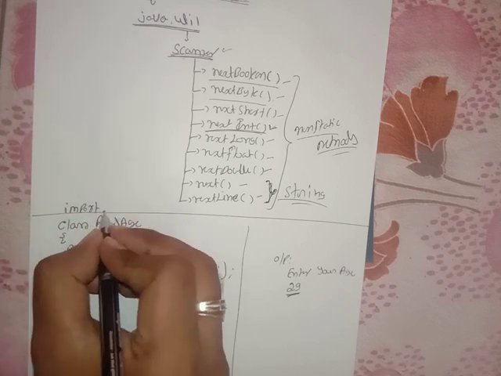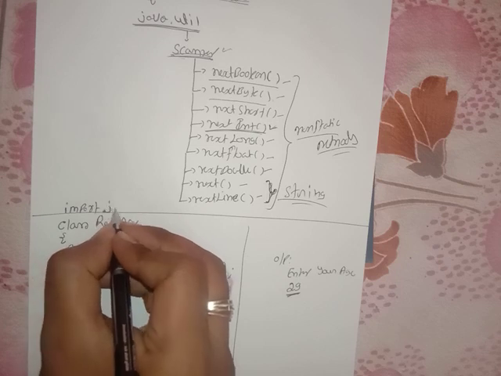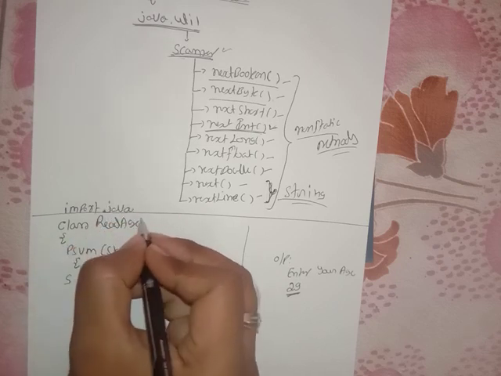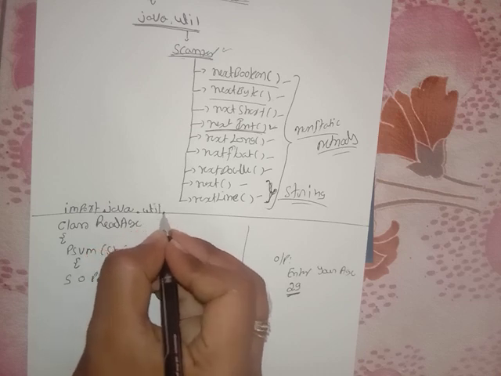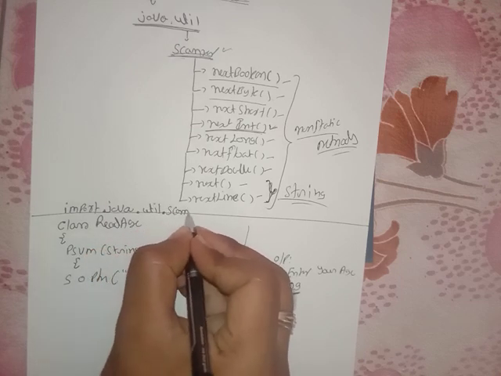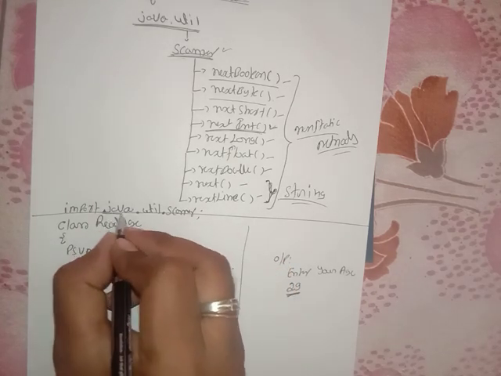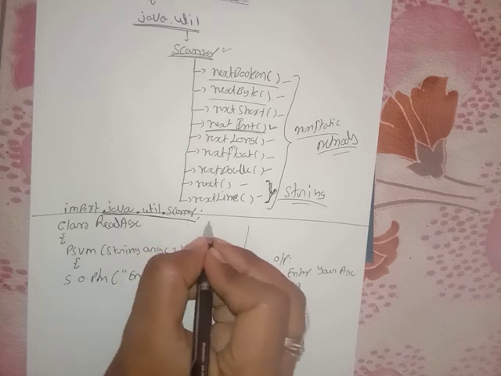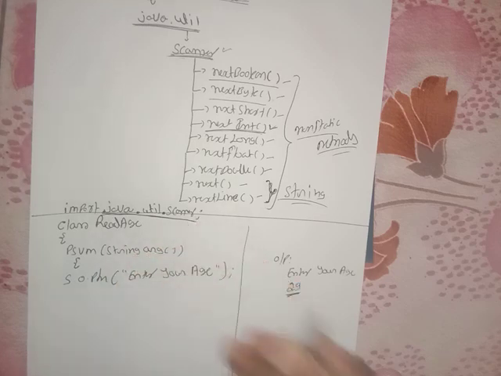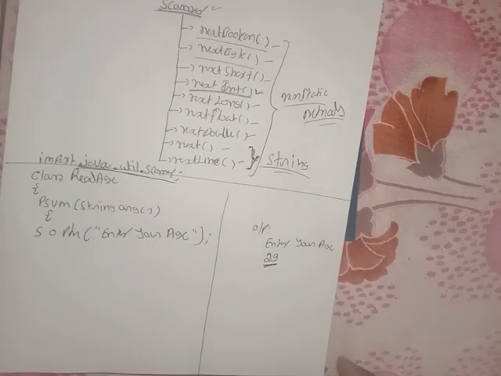How to make that one available? Import. Where is it present? java.util.Scanner. First you have to import java.util.Scanner. Okay, after importing, for example in C++, whenever you want to use scanf and printf,